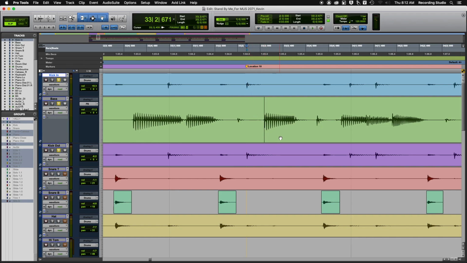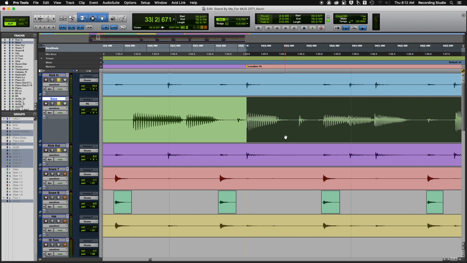Now what I'm going to do, my cursor is right here exactly where I want it, right? I'm going to click on this region with the grabber tool, in the bottom half here, and I'm going to hold control and click on this region, and it's going to snap it to exactly where my cursor is. Boom. So now